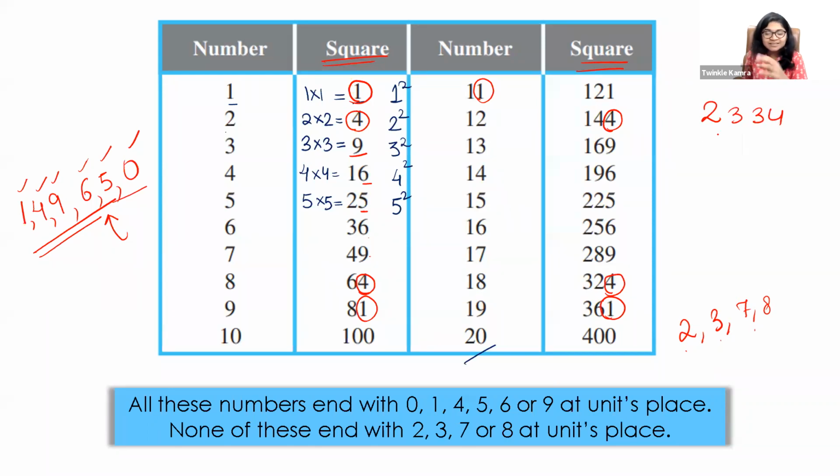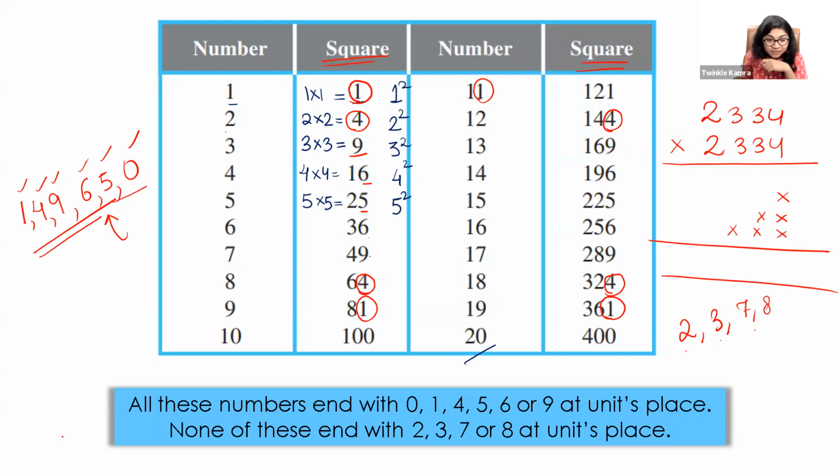You want to square this number, which means you want to multiply this number with itself. So I do 2334 times 2334. You do a very big multiplication. This is how we generally do it, right? Now if you observe, what is your method of multiplication? You do 4 into 4, 16. You write 6 here, you keep 1 as carry.